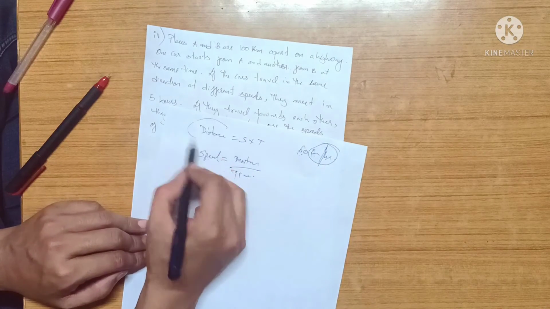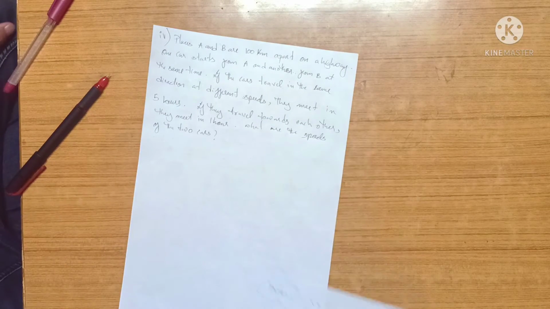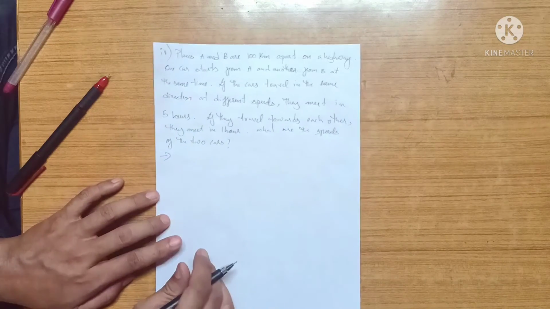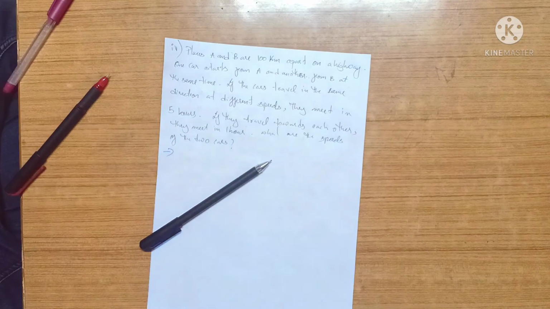If you want to know distance, you just shift this across, so distance equals speed into time. Got it? This is the formula we're going to be using here. I'm going to draw a diagram so that you can understand also. For this question, if you search on the internet, they use a shortcut formula called relative speed, but it's hard to understand because you need